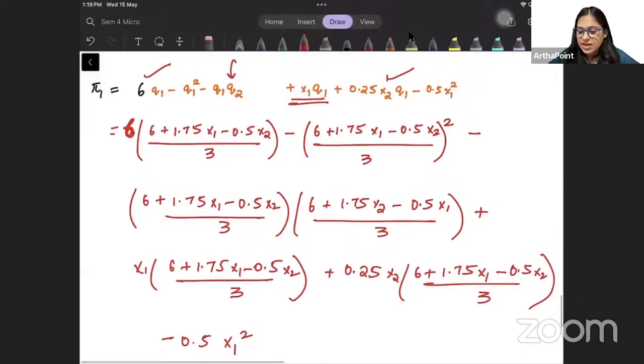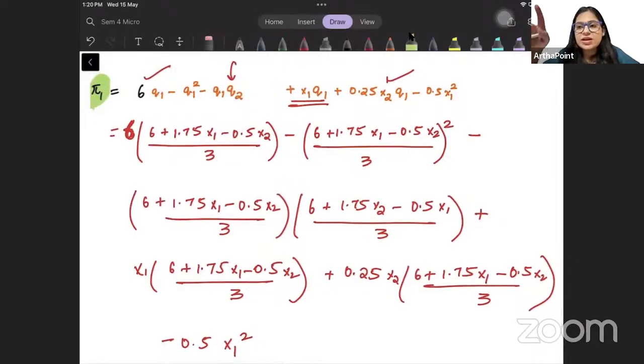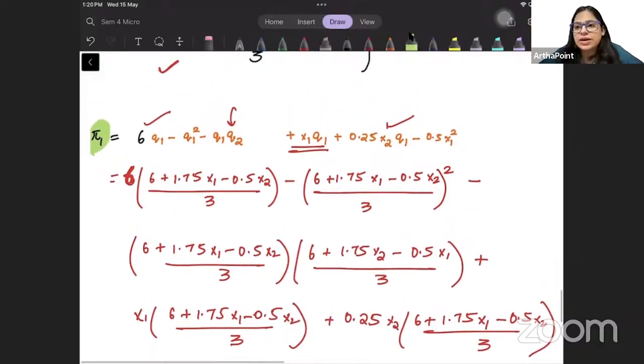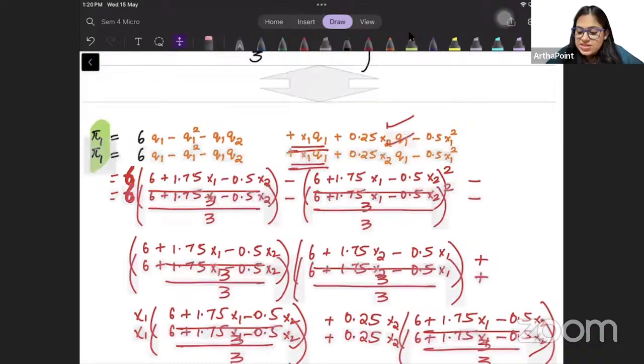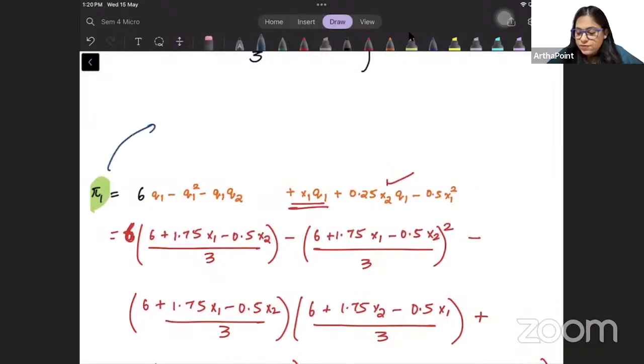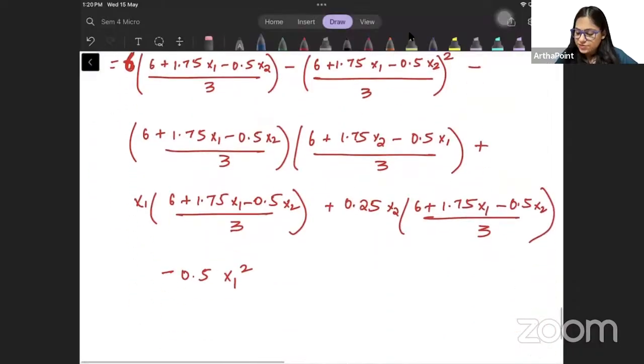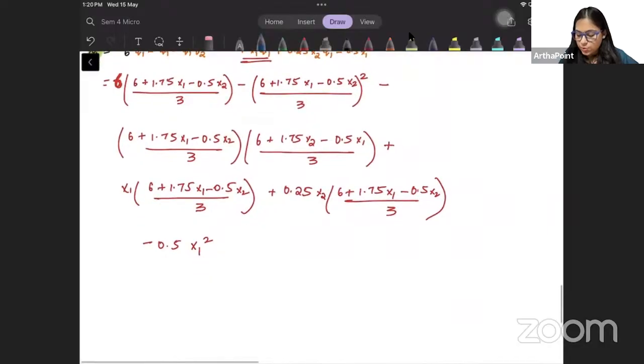Clear? Can you see this? Now, firm 1 can only decide the amount of R&D it wants to do. Firm 1 के हाथ में क्या है कि मैं कितना R&D करना चाहता हूँ. How much R&D I want to do. So in order to understand how much R&D I want to do, firm 1 can maximize its profit with respect to x1. समझे? Firm 1 can maximize its profit with respect to x1. So if I just differentiate this with respect to x1 beta,